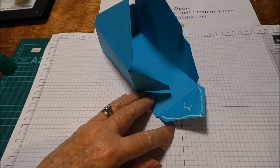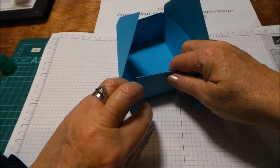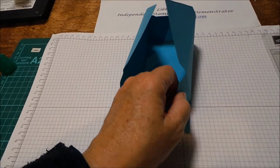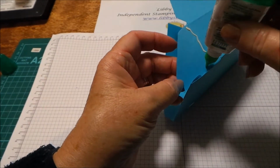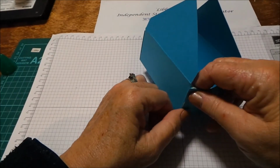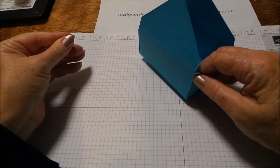and we're folding this in and over so that you get a nice finish, and up again, and then adhesive on the outside of these tabs. And hold it for a second till it dries. It only takes a few seconds. It can be a little bit messy if you've used a bit much, which I have today, but